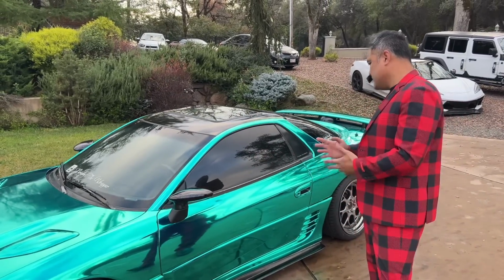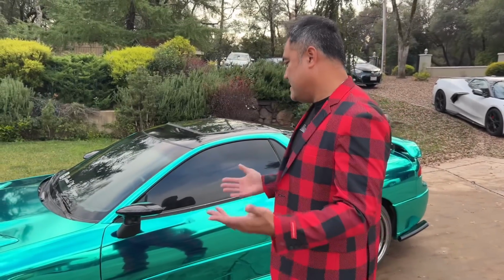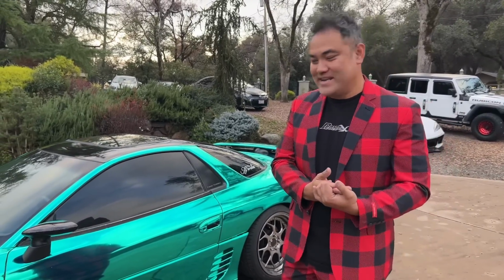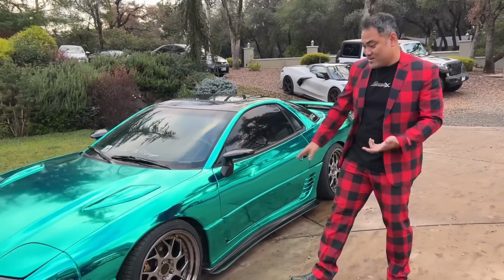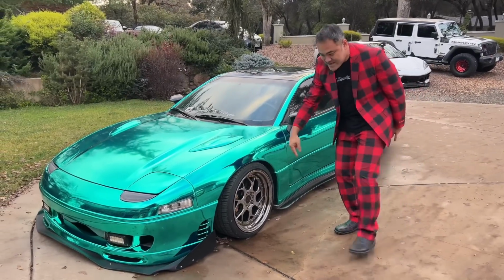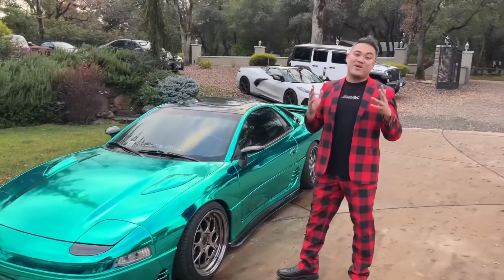But you really want to set up your wrinkles correctly on this one because you really can't heat it that much. As you can see, as I went around the car, I got better and better at it, and then it finally laid down perfectly. This car is great to do in chrome because it's got all these little sections. This is a different section, different section, different section. So the more sections the car has,